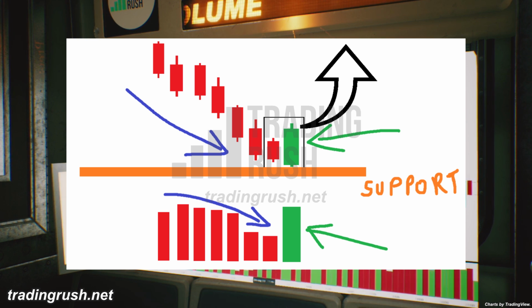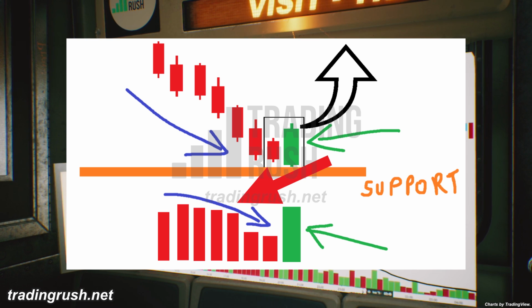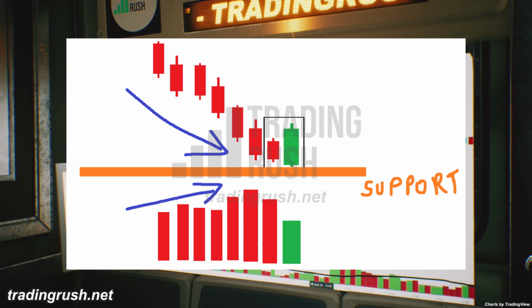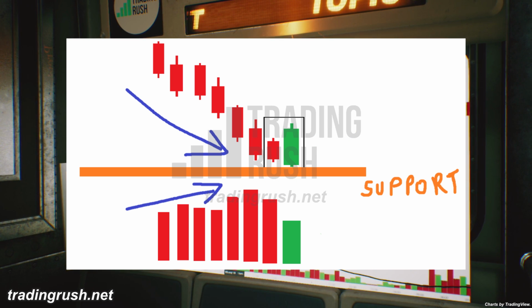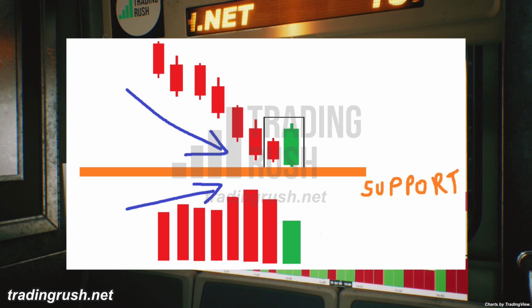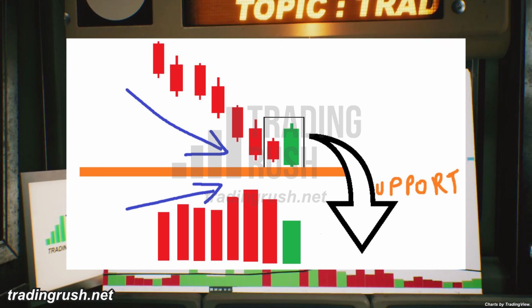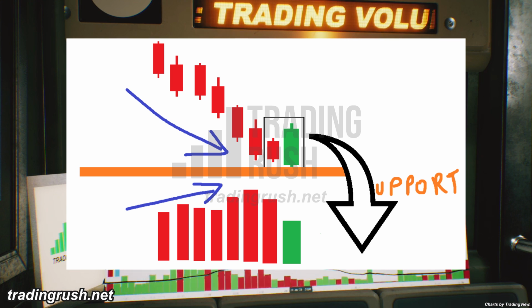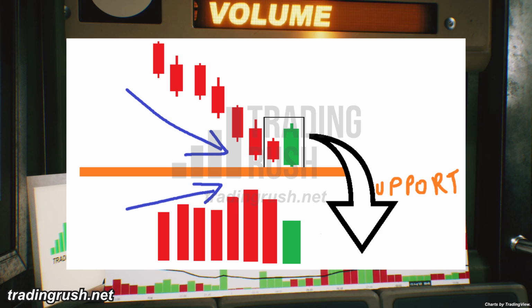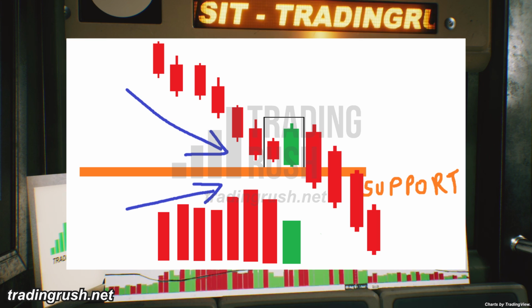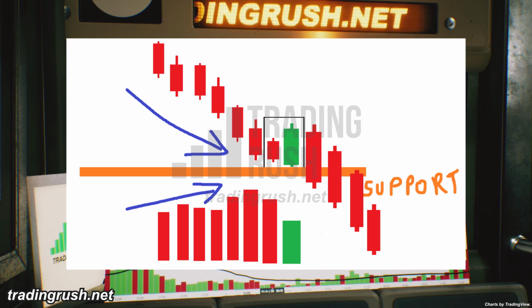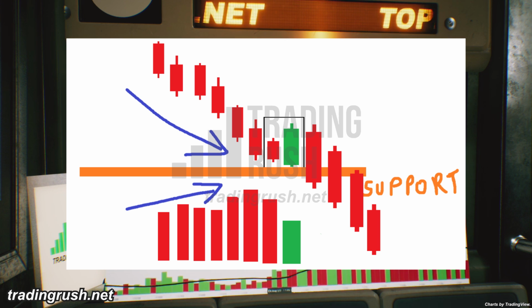In this example, you saw the decreasing volume near the support area. But what if it had kept increasing even after touching your area? If you saw the price moving down towards your support with higher volume, it indicates a bearish pressure. In simple words, there is still a demand for selling near your support area. If this is the case, the probability of your support area working and price reversing are very low.